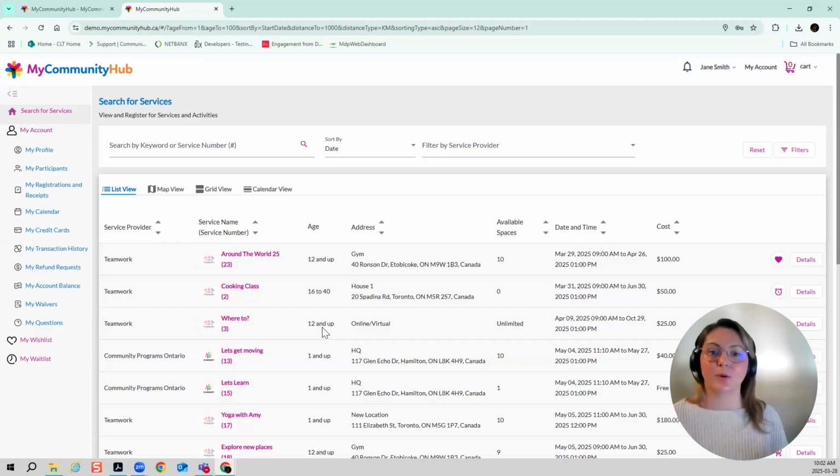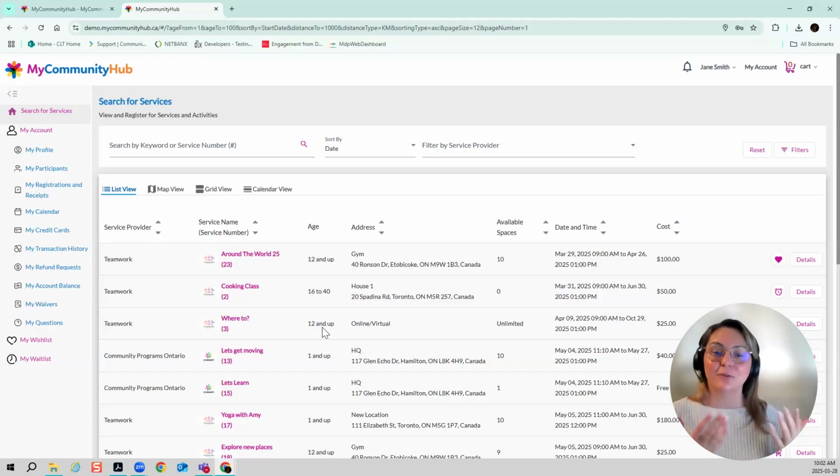Obviously, if it's an individual who's able to manage their own account and wants to manage their own account, we absolutely encourage that and welcome that. But if it's, let's say, a family that might have 2 children that both would be looking for services, the parent can be the primary account holder, and of course the children can be participants. Now, of course, we have a lot of group living situations. It's also a great function for that.